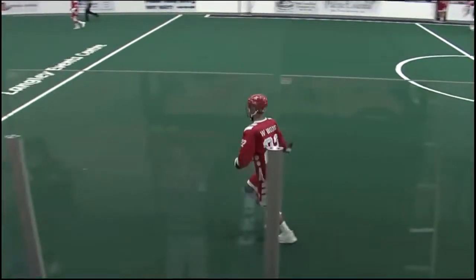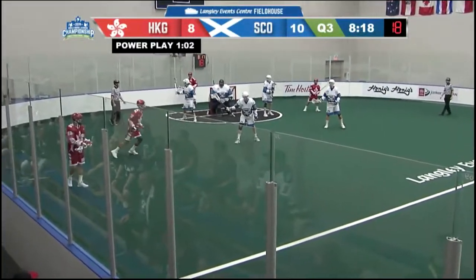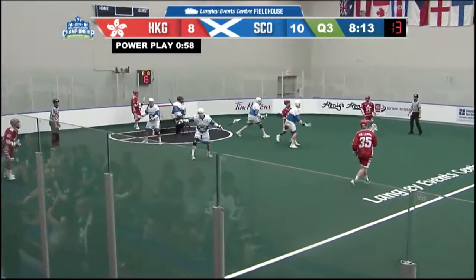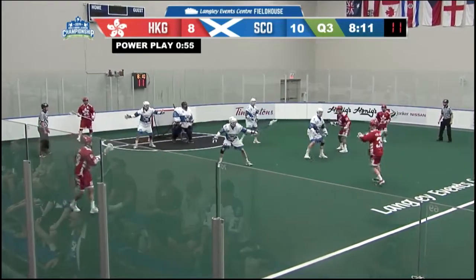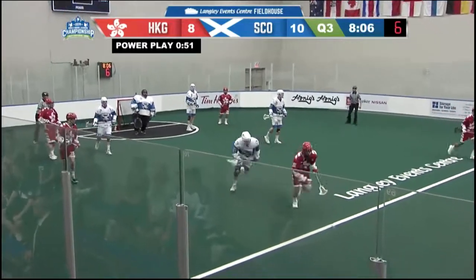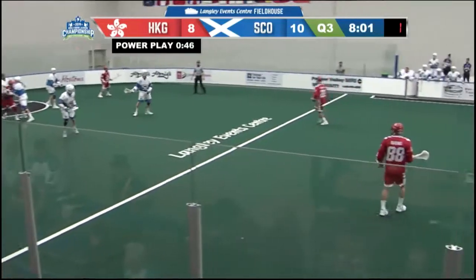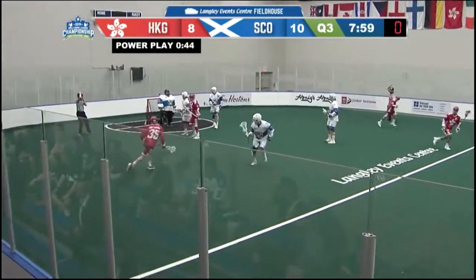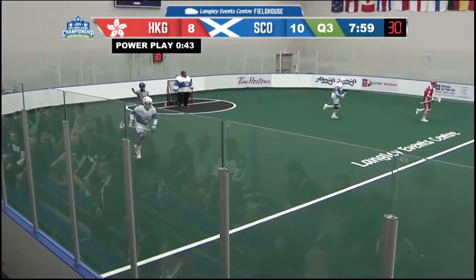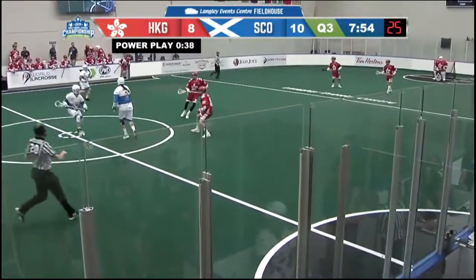8:24 remaining in the third quarter. 1:06 remaining in Team Scotland's latest penalty for goaltender interference. Scotland, though, leading by 2, 10-8. Hong Kong trying a shot from the center of the floor there. Jordan Shane Wong couldn't get anything through, and now the 30 expires as a shot well wide hits the end boards, and Scotland will move in on offense.